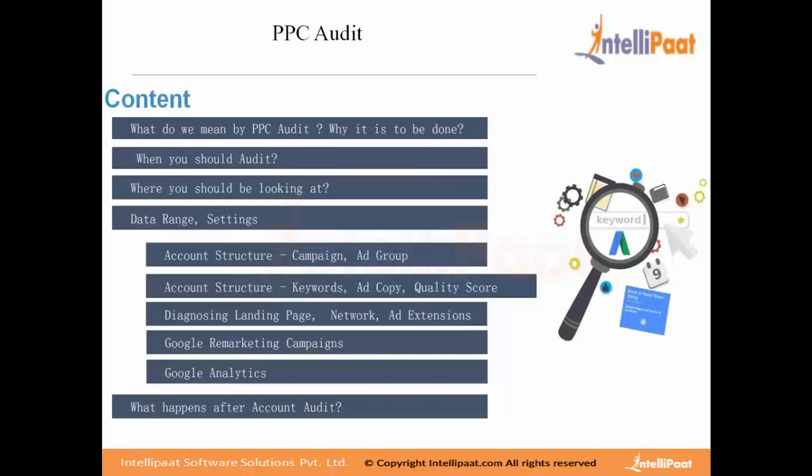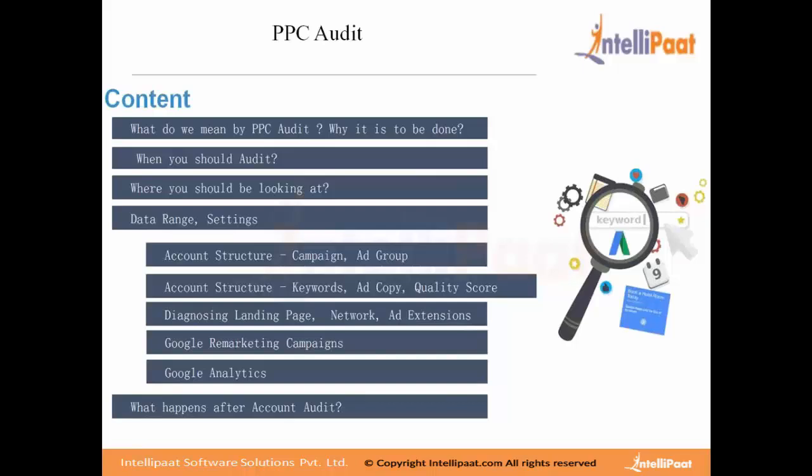What all keyword match types have been used in order to make the advertisements run successfully. So evaluating all that while doing the audit makes a lot of sense. Along with that, using ad copies effectively and also doing a lot of A/B testing just to make sure that only the right ad copy is being given the maximum leverage. Only the performing ones should be given much more bandwidth and much more budget, and the non-performing ones should not be given any sort of preference, and there should be learnings extracted out of the non-performing ones. Looking at the ad copies and also the quality score is another thing to be looked at while doing PPC audit. So we'll talk about that.